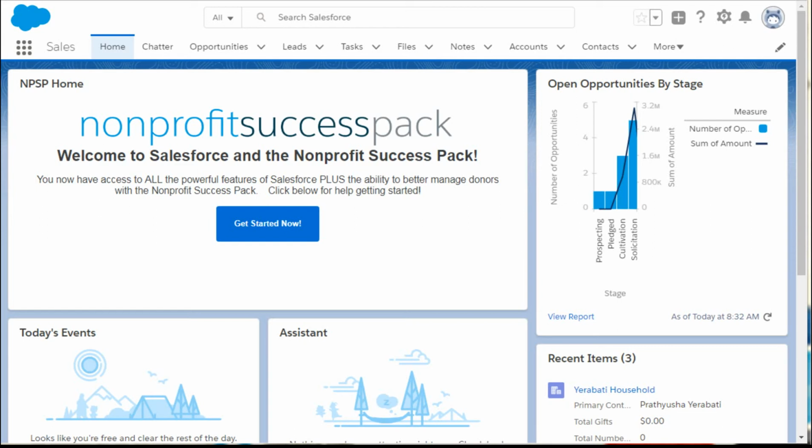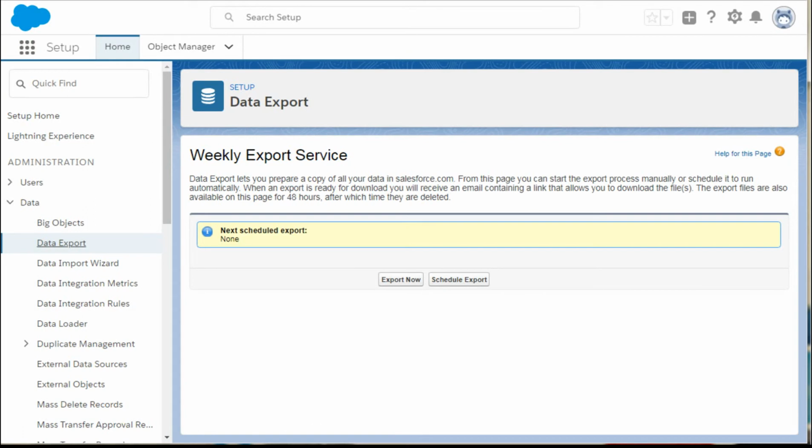This video is on how to use the data export feature within the setup function. So what I'm going to do is go to setup, and within setup, you'll find in the data section a data export service. When you open it, what you get is this screen, which says it's the weekly export service,